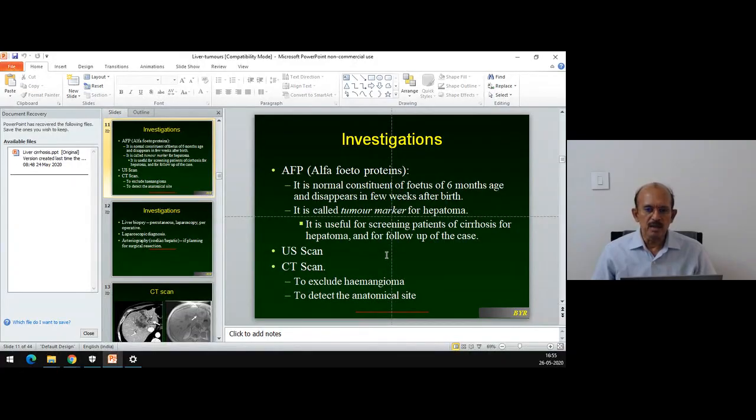So this completes the topic on the diseases of the liver. So please tell me if you have any doubts. I will clear those doubts, and then